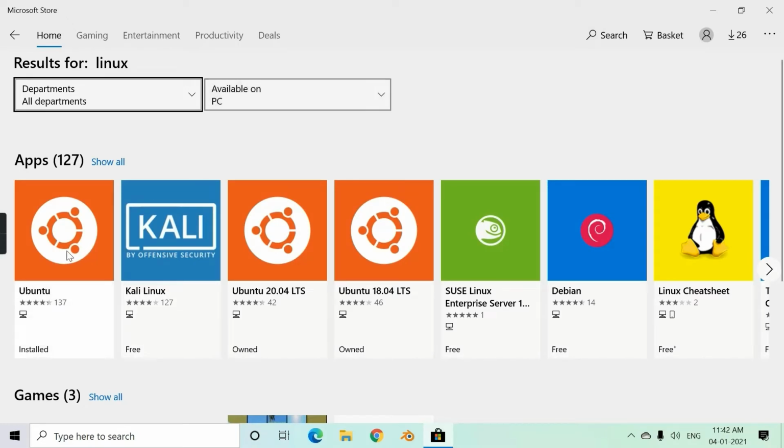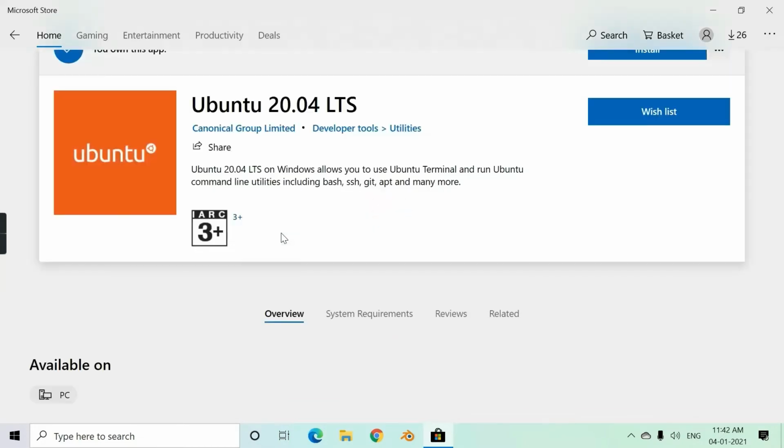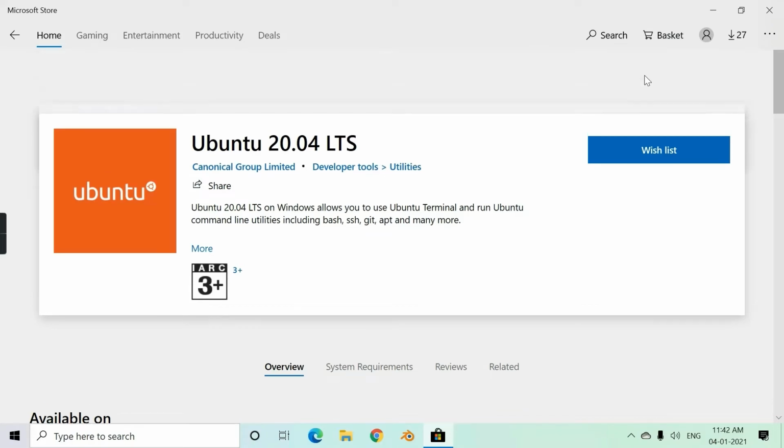Then here it is, Ubuntu. It is Ubuntu 20.04. It is Ubuntu 18.04. These are versions of Ubuntu. This is the latest version of Ubuntu. Click here and then install.